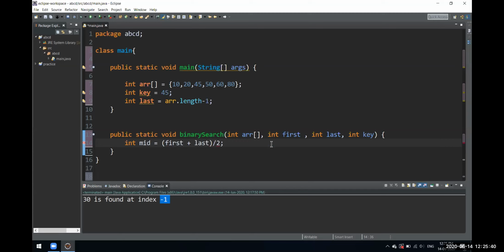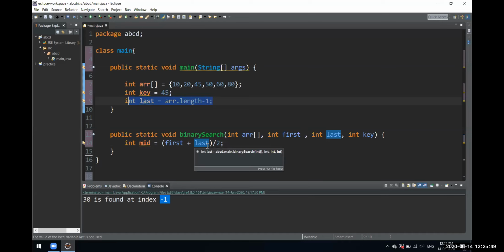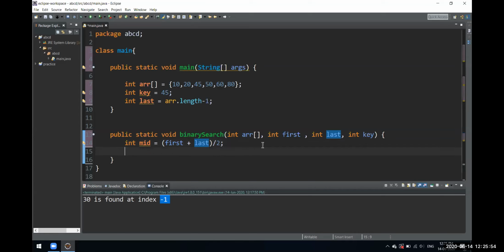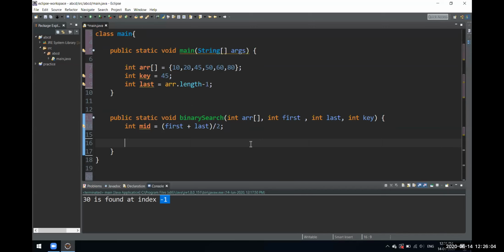The first index is 0, and the last index is array.length - 1. This is divided by 2, so we'll get the middle index of that array, the midpoint. Now let's run a loop over here. We have been playing around with for loops for a while. Let's try a different loop now, the while loop. You can use the for loop also, but let's try something different.